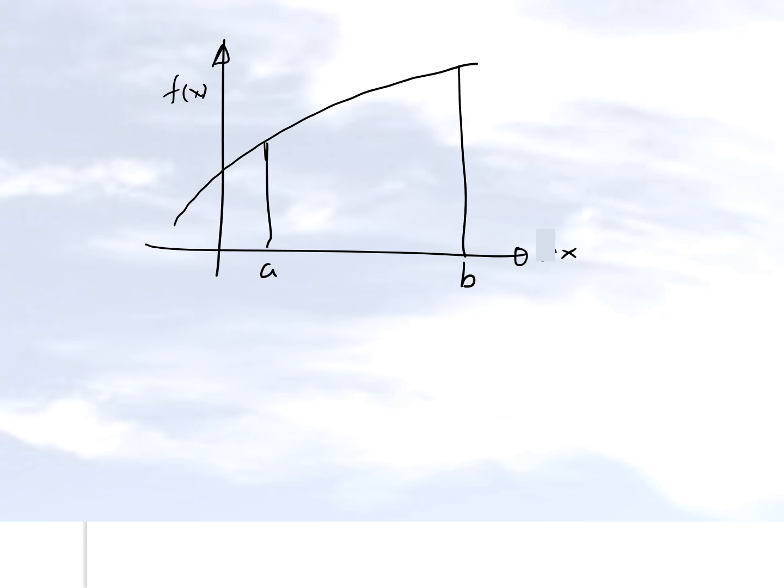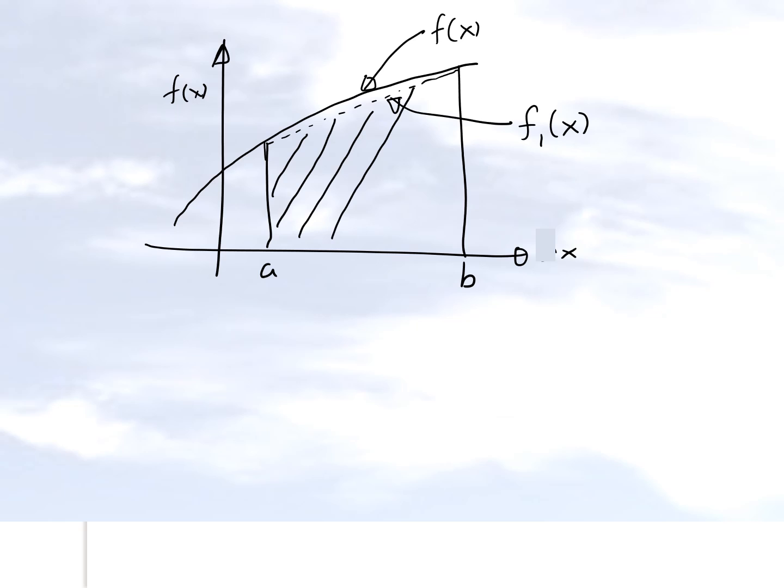So in trapezoidal rule, you have this integral which you are trying to calculate from a to b, and you're going to approximate the function by a straight line. So this is your original function, f of x, let's say, and this is your straight line. I'll call it f sub 1 of x, 1 standing for a first order polynomial or a straight line. And we'll find the area under the straight line, and that makes sense.